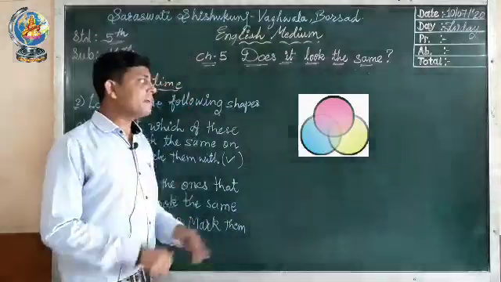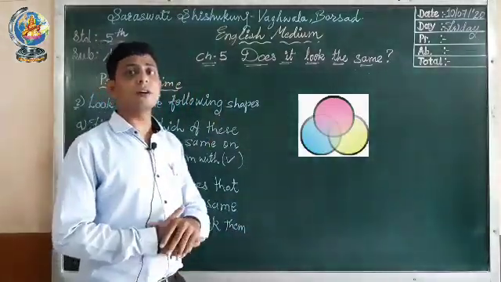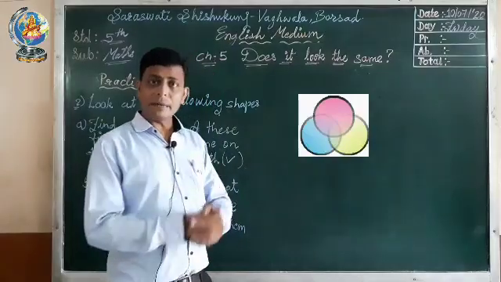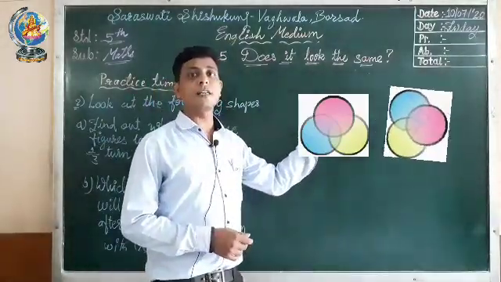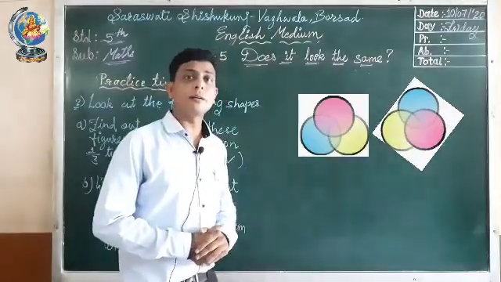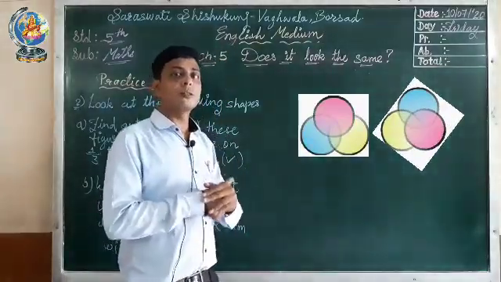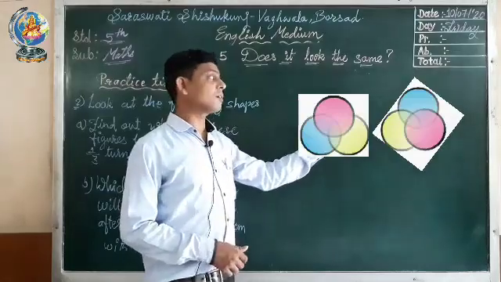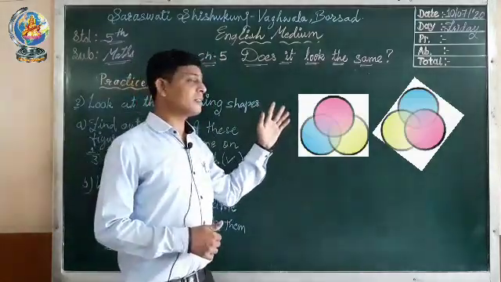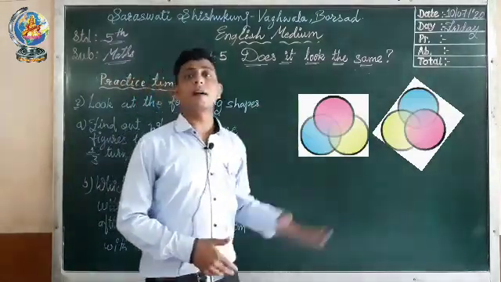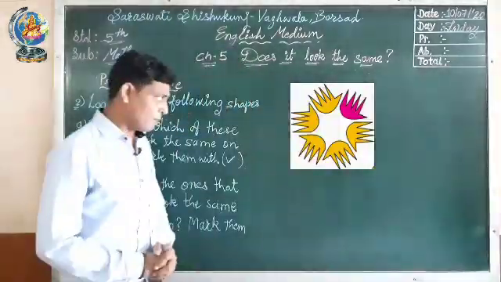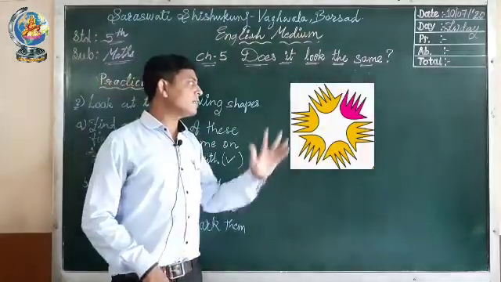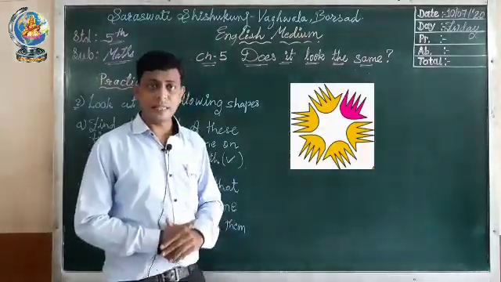Now when we rotate this figure into 1/3 turn, how does it look? So you can see now we are rotating this figure into 1/3 turn. How does it look? It looks not the same, because here the color changes, the color of the circles' position is changed, that's why they are not the same.